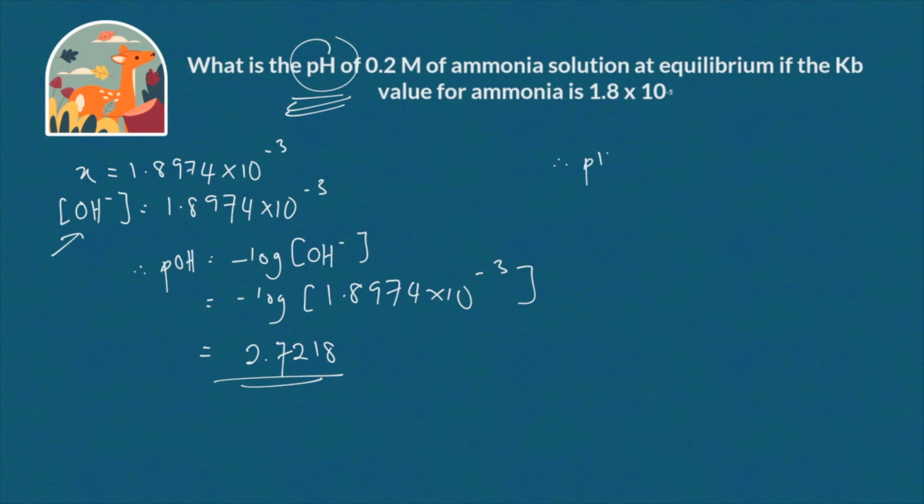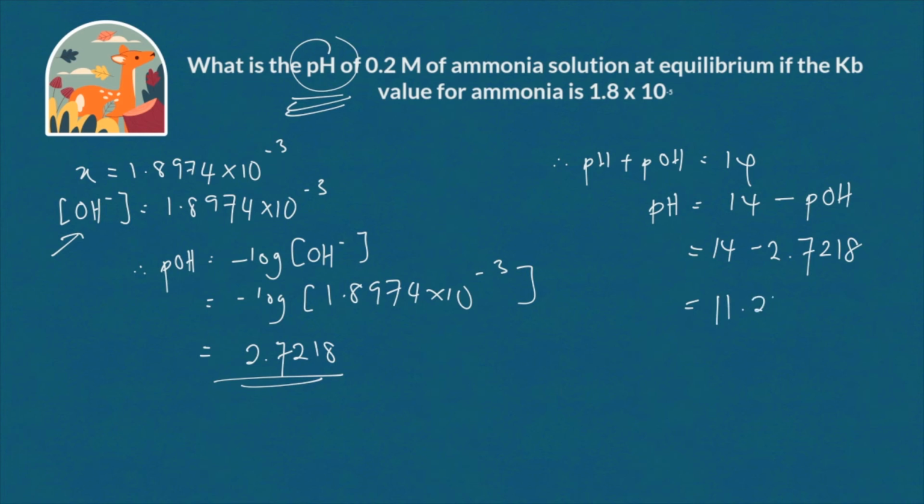So pH plus pOH is equivalent to 14. So pH is equivalent to 14 minus your pOH. So 14 minus 2.7218. So you get your pH is equivalent to 11.2782. So if you want to check whether or not your answer is correct, so this is an ammonia solution